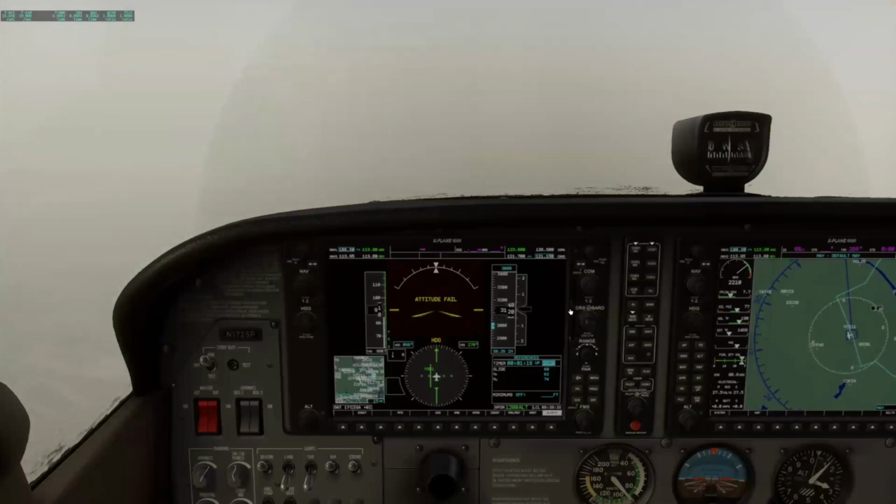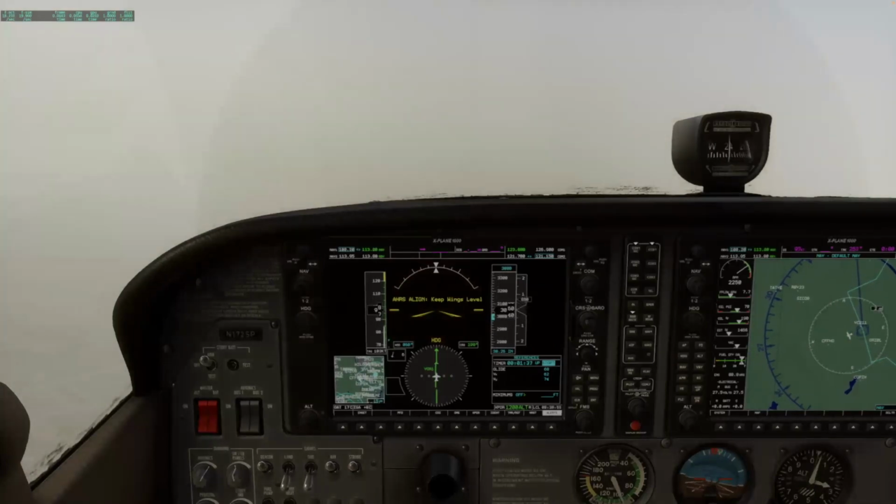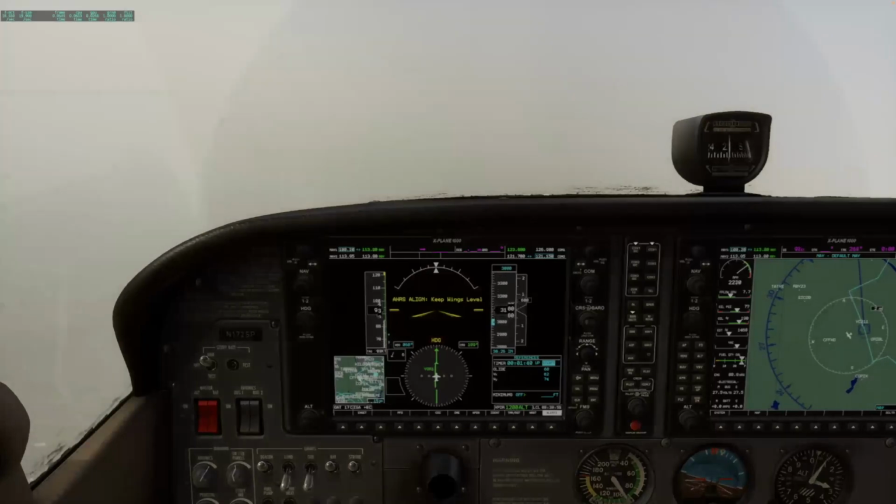Okay. And let me identify first that one. I have identified the Robbinsville VOR. And we are gonna head there. My course will have to be 109. So I'm gonna be doing 109, will be to my left. And checking my